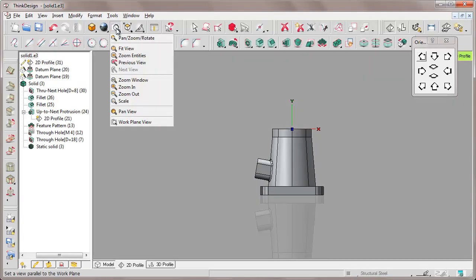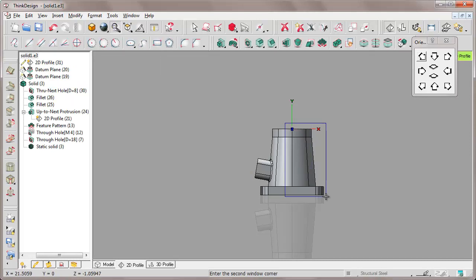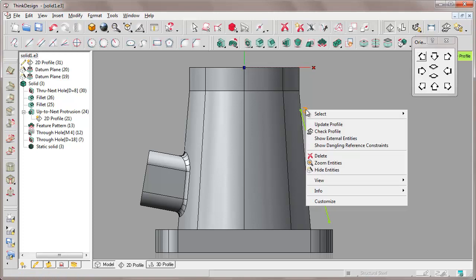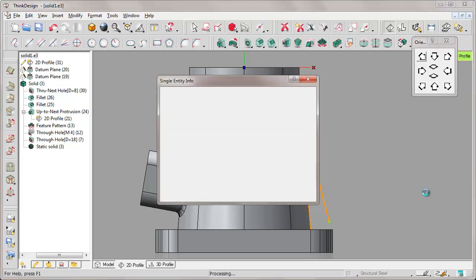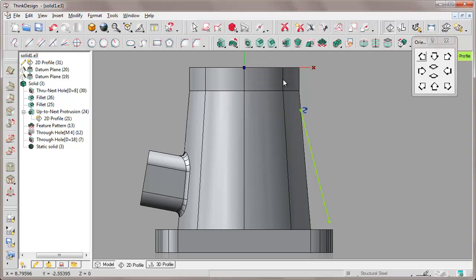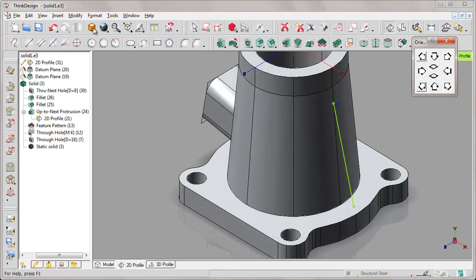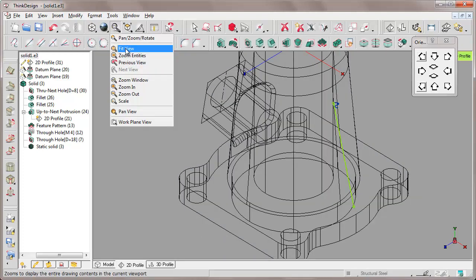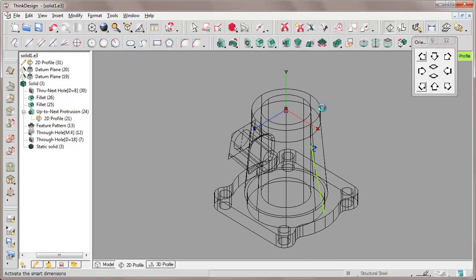Therefore, view along that, we zoom in to work better in detail, we draw a line hooking to the edge of the solid. In this way, ThinkDesign automatically adds the geometric constraint of point on curve, so the point will keep constrained to that edge. Let's view the wireframe mode, because in the next constraint dimension we need to select the central axis of the hole, then the inclined line, as we need to manage an angular driving dimension that we change from 15 to 12.